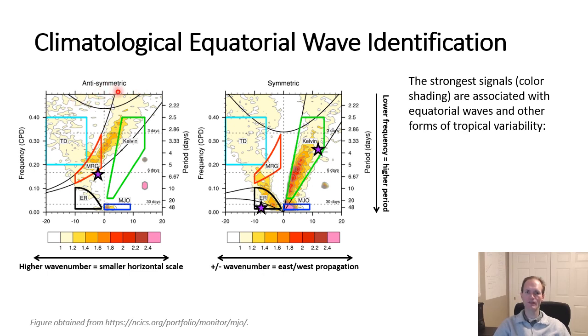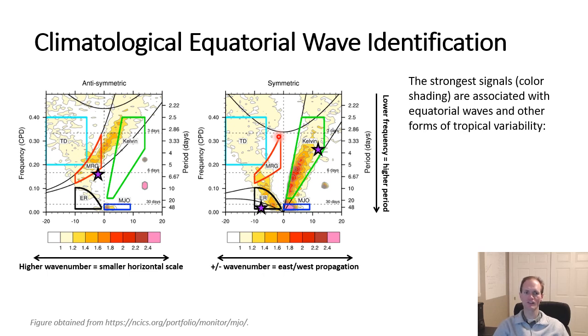In the antisymmetric, it's our mixed Rossby gravity wave. Negative values of wave number indicate that they are moving to the west, and they have periods of roughly about 7 days down to about 3 days here. So 3 to 6, 3 to 7 days, in keeping with our original theory, antisymmetric in nature. That same region has very little signal on the symmetric side, as we would expect given the structure of mixed